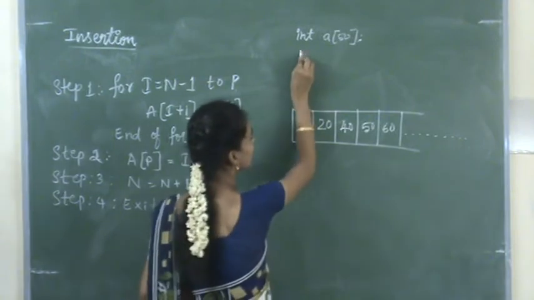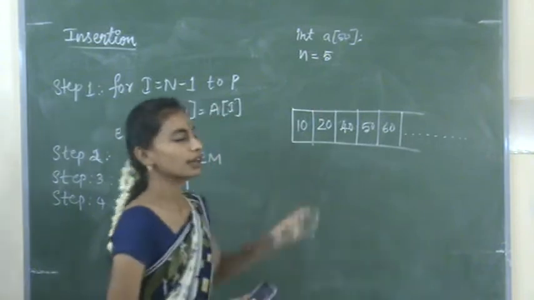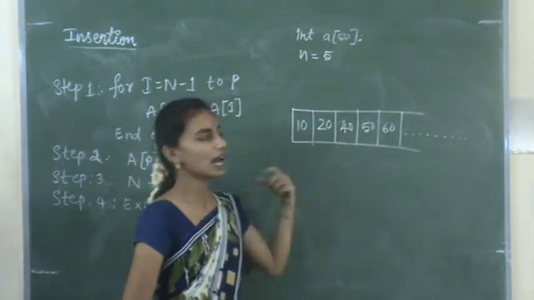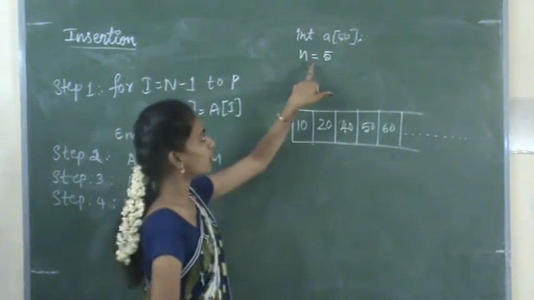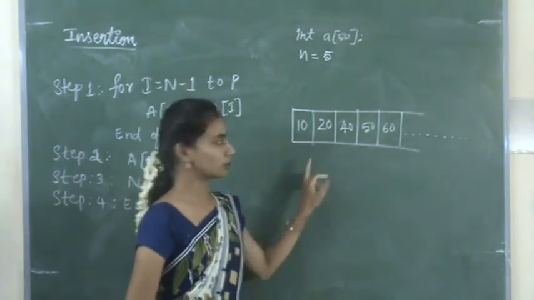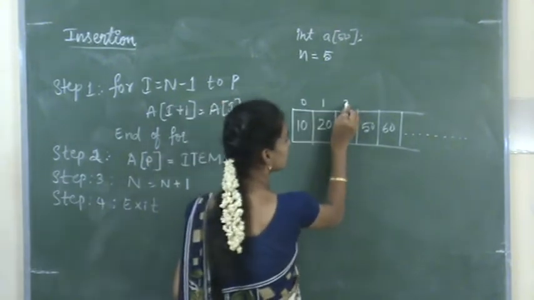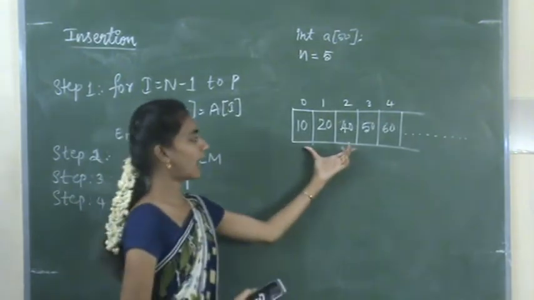So after that I enter the n value. If we want to insert 50 elements we can, otherwise we will just insert 5 or 6 elements in an array. So for that I declare n equals 5. Now I insert the n values, okay, means 5 values I will insert in an array. So now the index becomes, right? So this is an array index.